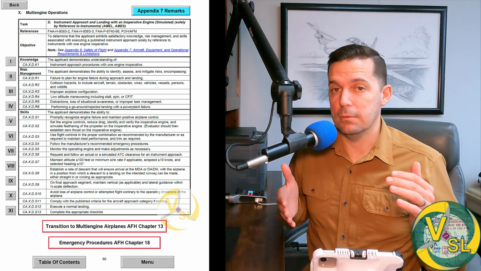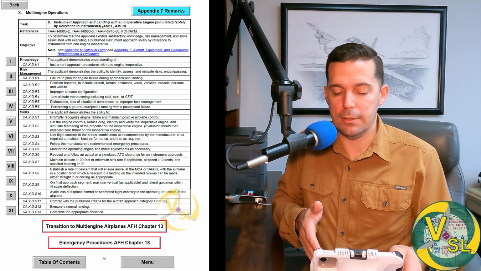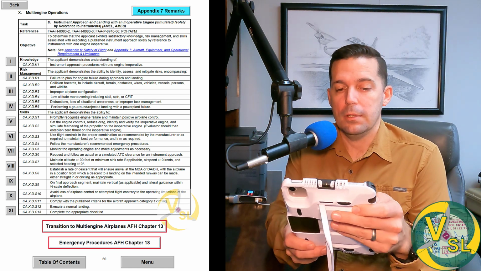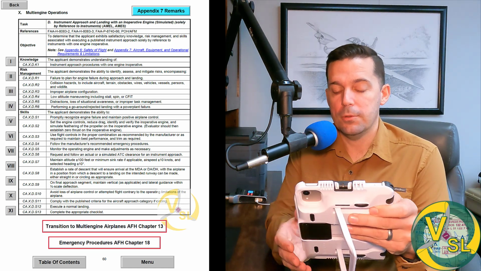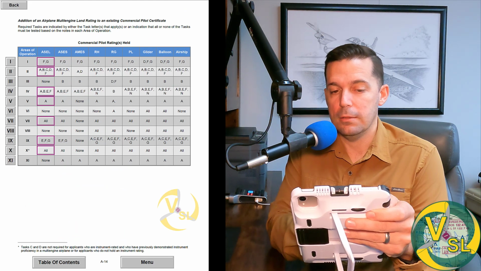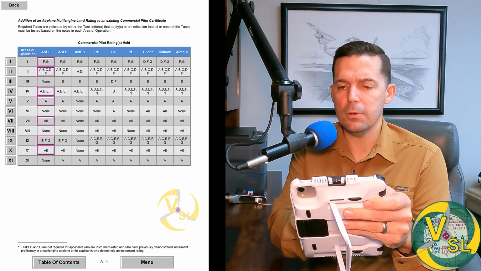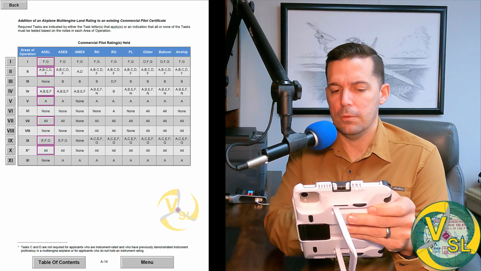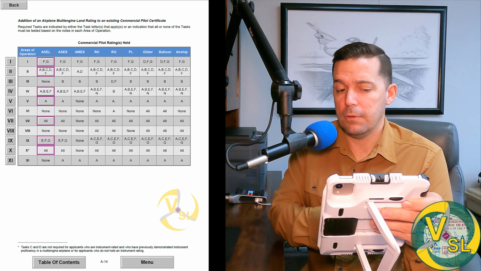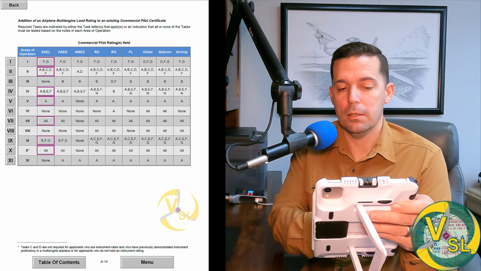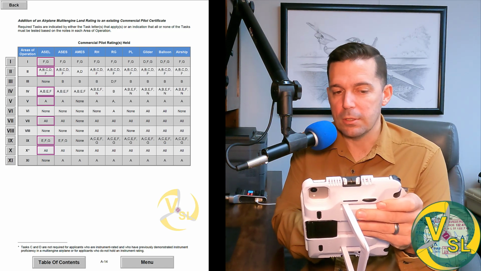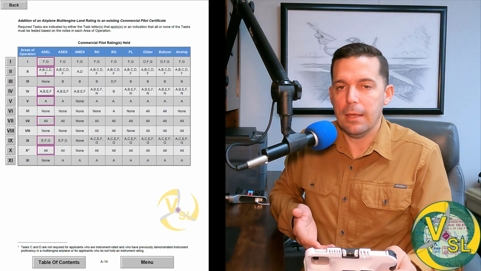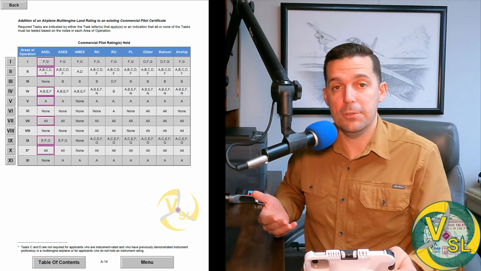So I'm going to expect you to maintain both of those on your way down the approach and then conduct a normal landing. All right, that takes us all the way through area of operation 10, 9 and 10. And then if we go back to our multi-engine operations, you can see that in area of operation 11, none are required. Now, if we look at area of operation 11, that's our post-flight procedures. So, yeah, those aren't required,